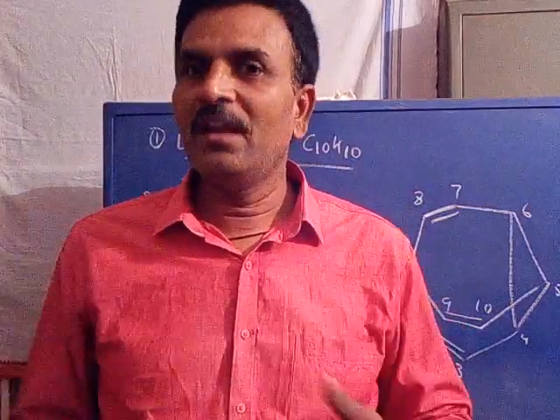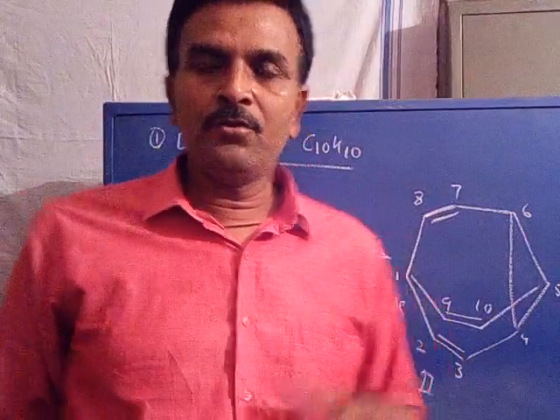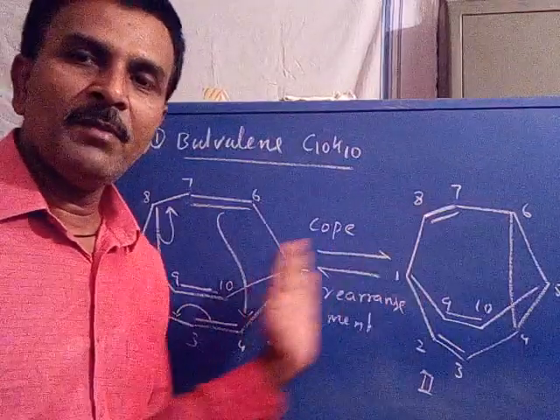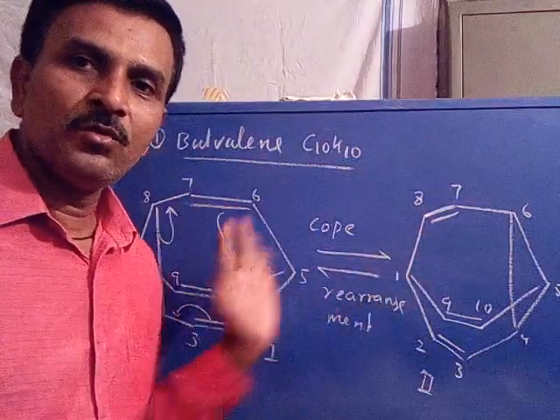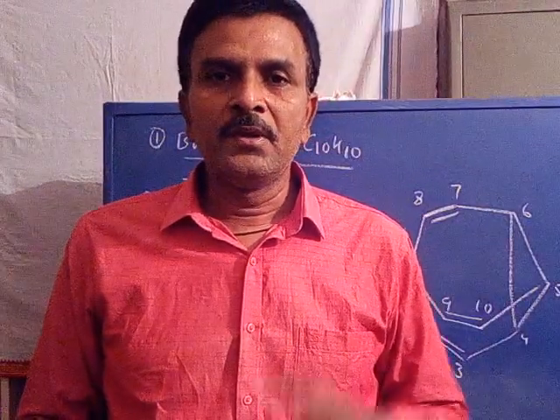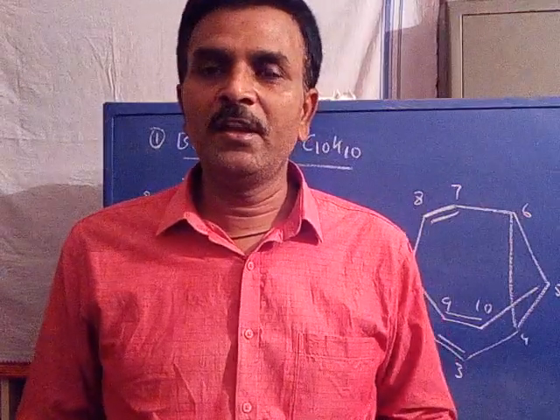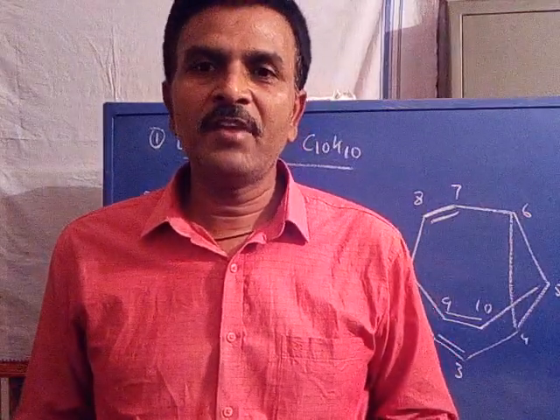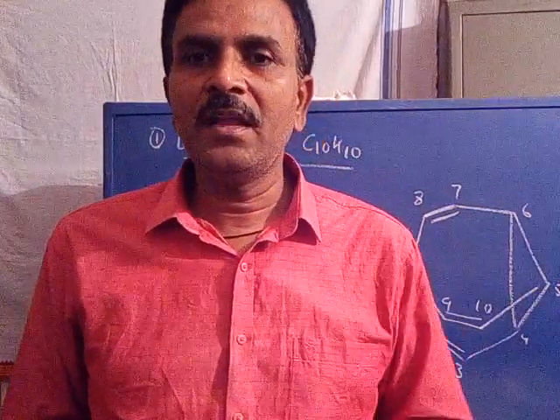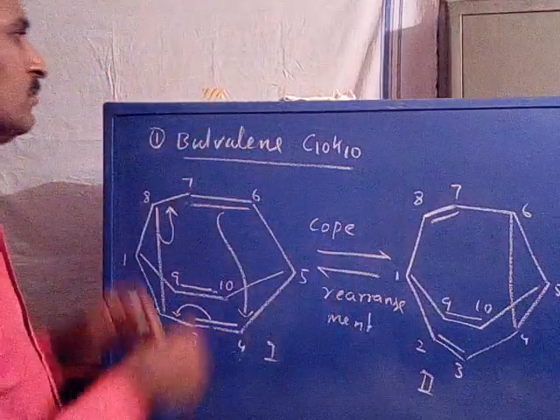Yes. Now theoretically we are saying bullvalene is a fluxional molecule and showing its reaction, Cope rearrangement, where through the Cope rearrangement it is transformed between structures 1 and 2 to give two isomers which are identical. Say it is a fluxional molecule and its behavior will be fluxional behavior. Now with the help of NMR we can study its fluxionality or fluxional behavior. Let us study how.